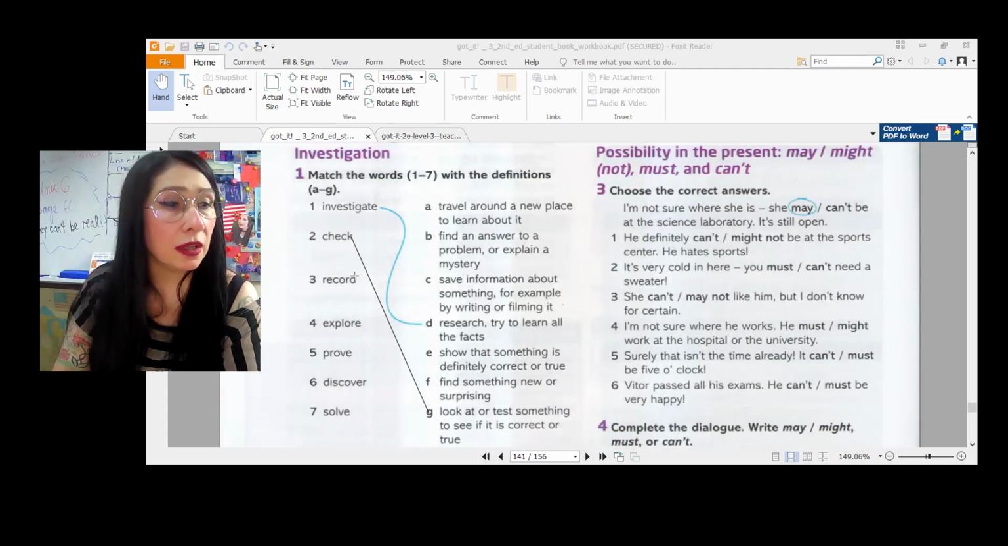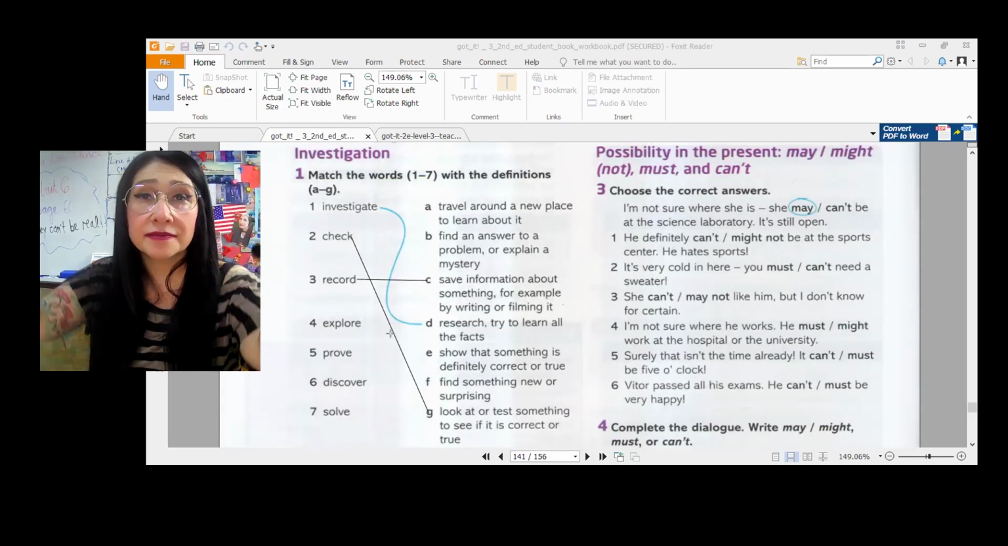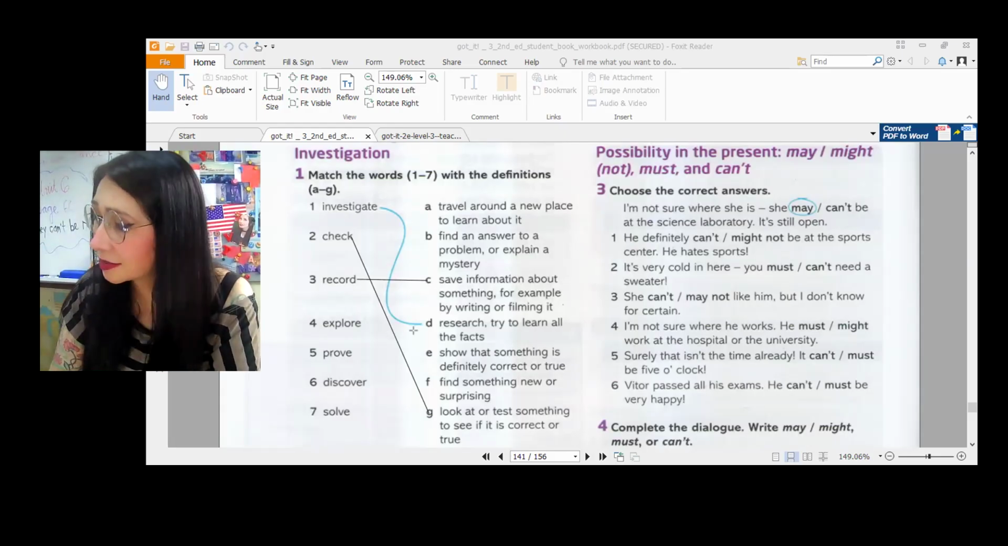Record, you probably got this one. Record means to save information about something. For example, I am recording this lesson right now, for example, by writing or filming it. So explore